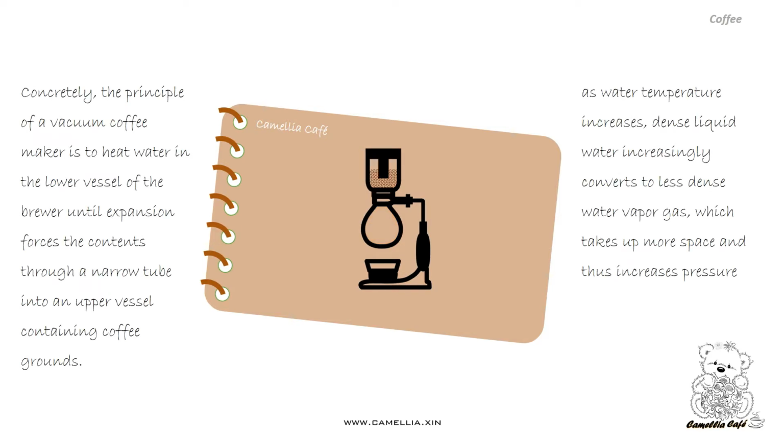Concretely, the principle of a vacuum coffee maker is to heat water in the lower vessel of the brewer, until expansion forces the contents through a narrow tube into an upper vessel containing coffee grounds. As water temperature increases, dense liquid water increasingly converts to less dense water vapor gas, which takes up more space